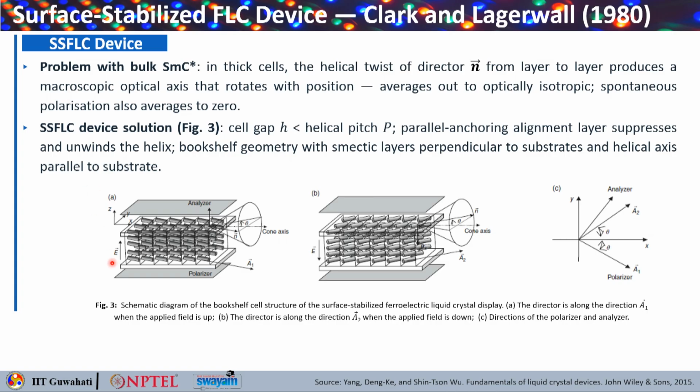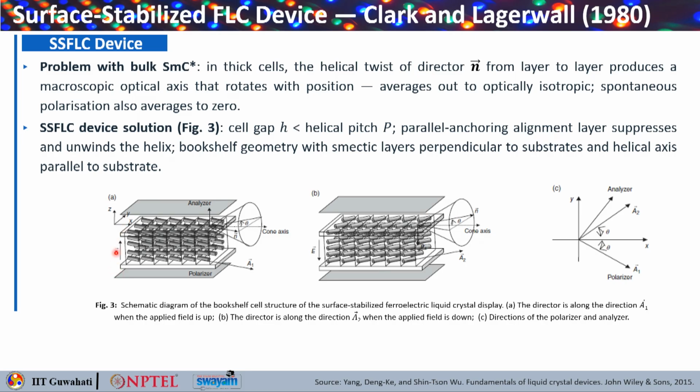If the cell gap h is smaller than the helical pitch p, in that case the parallel anchoring alignment layer would suppress and unwind the helix. So in that case, you get the bookshelf geometry, with smectic layers perpendicular to the substrates and the helical axis parallel to the substrates. Okay. So let us see the schematic diagram of this, which is the book shelf cell structure of the surface stabilized ferroelectric liquid crystal display. So in this first case, the director is along the direction A1 when the applied field is in this particular